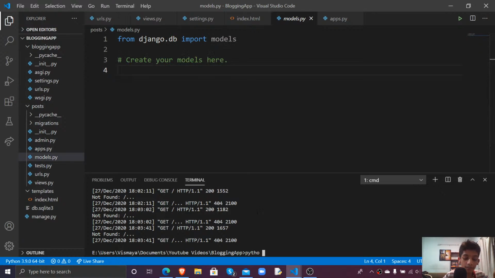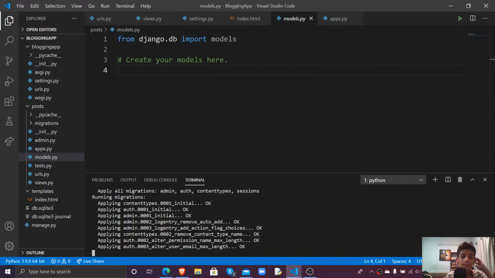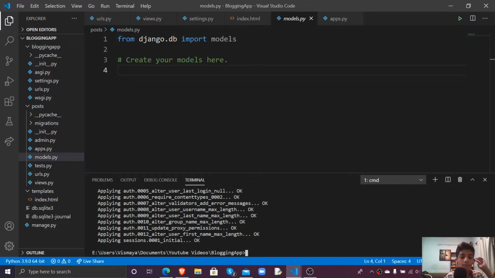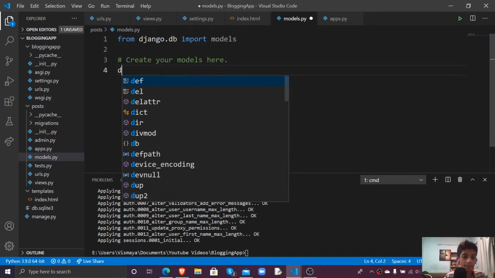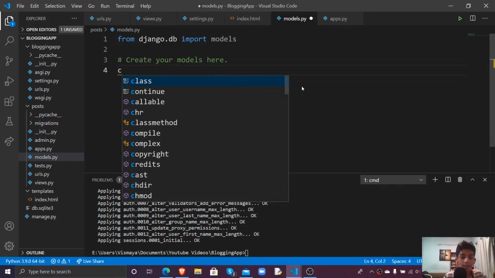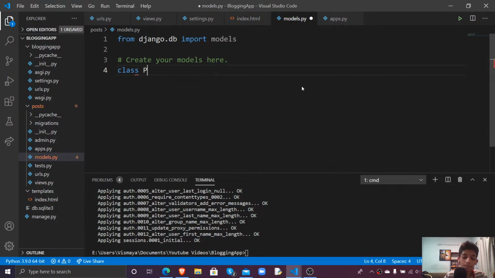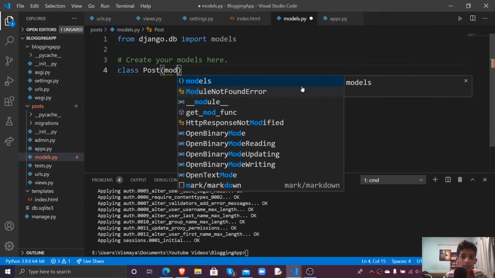So run python manage.py migrate. It's applying all our migrations. So after all of the migrations have been made, here create a class, let's call this post, class Post model,